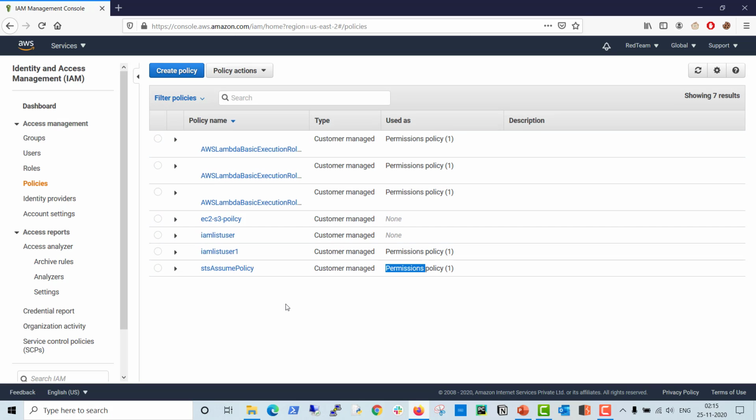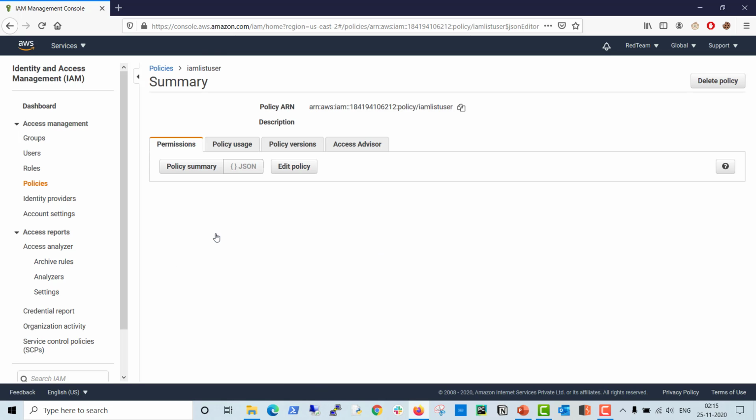This is a customer managed policy. So I created a policy and defined the permission according to my need, because I don't want few users to access this one or few operations. So I created the permission according to what I need. So you can see here